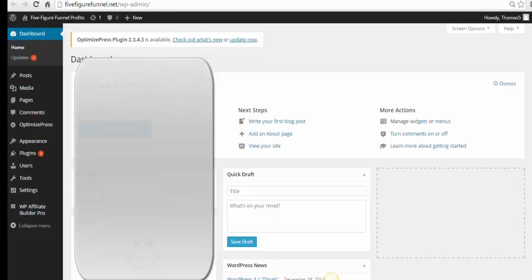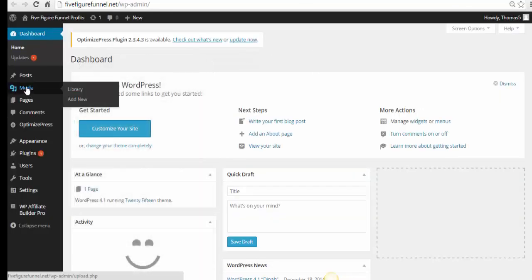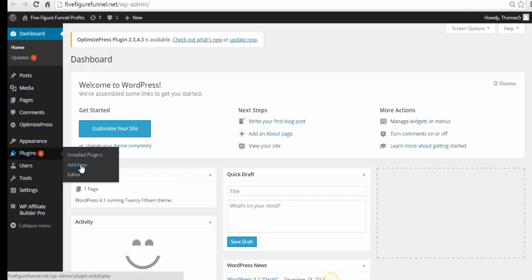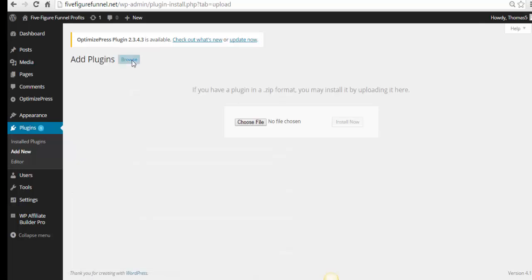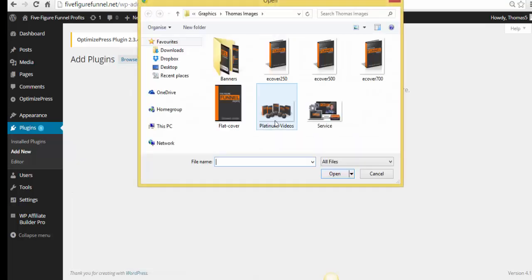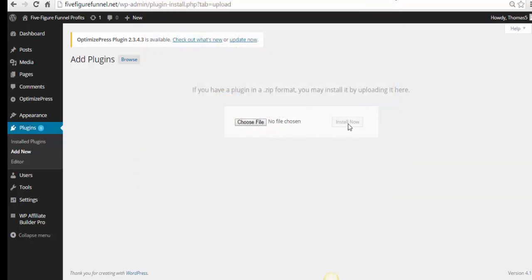And then head on over to your WordPress dashboard, hover over plugins, and select add new. And then what you need to do is select upload plugin, choose file, and then locate the OptimizePress plugin, making sure it's still a zipped folder. Make sure you don't open that and take it apart. Make sure it's still the complete zip folder, and then upload that, click install, and then the Optimize Press plugin